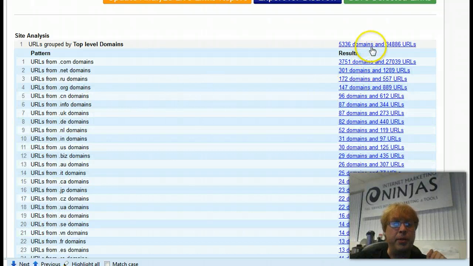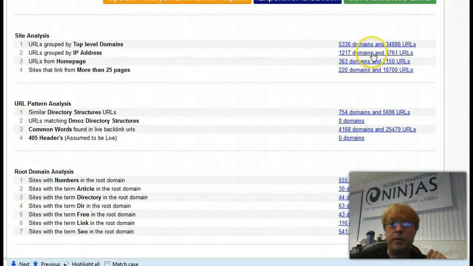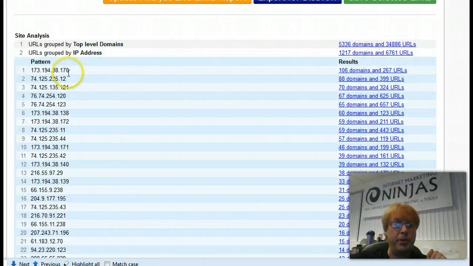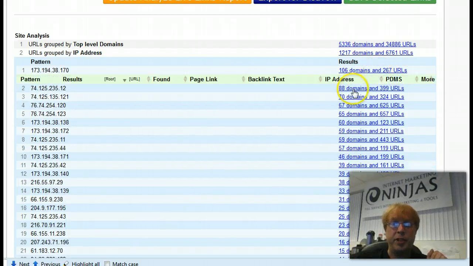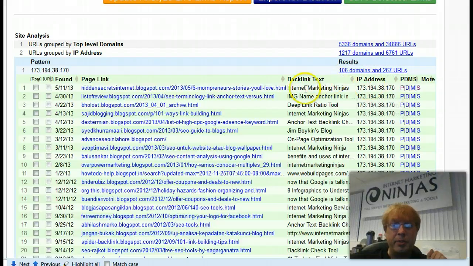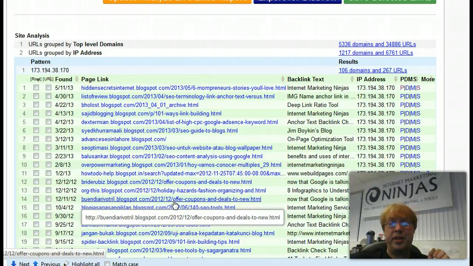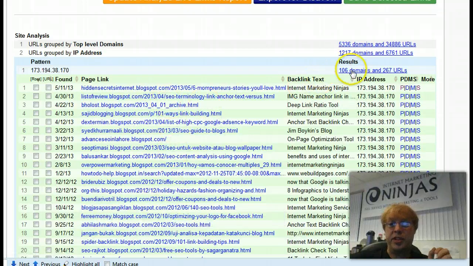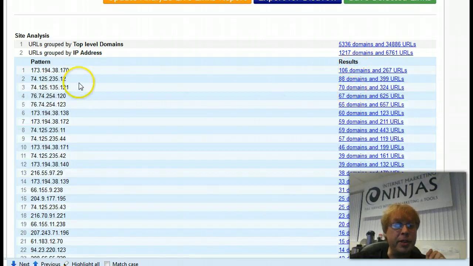Let's see, we can go through all the different types of domains. We have them grouped by IP addresses. You can start going through and say, wow, these have a whole bunch of backlinks from it. What's this? All right, let's see. Oh, it's all Blogspot stuff. Okay, well, I'll look at their blogs separately on here to see what they're doing with blogs and patterns within the blogs, but it's not as if, how do I say, with Blogspot, you're going to have a lot of people on the same IP. But maybe if I look at something down here a little bit